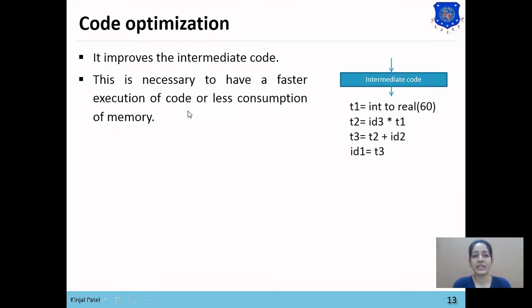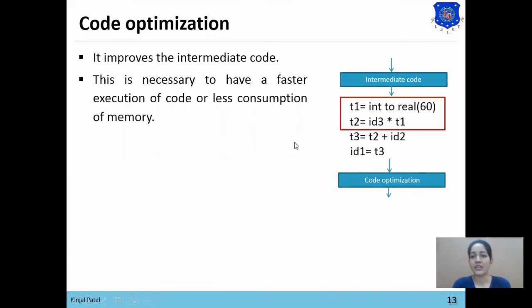So to reduce the time complexity and space complexity, code optimization is used, because it reduces the number of lines from our intermediate code. So when our intermediate code is passed to the code optimization phase, it performs code optimization and reduces the number of lines if it is possible.